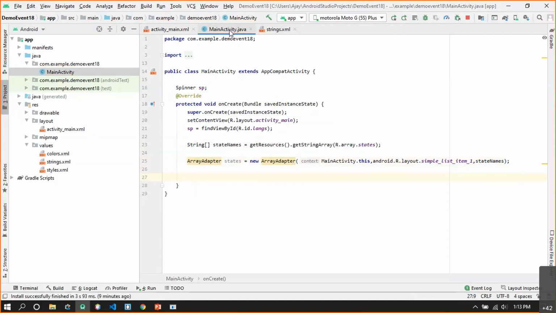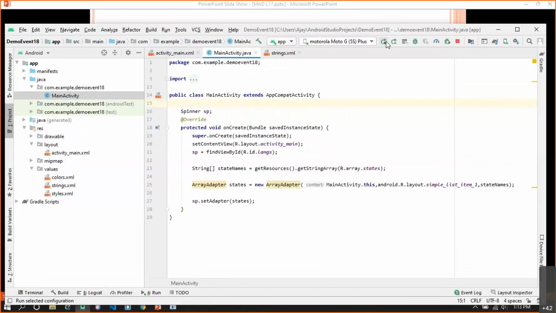Once this is given, I can set this adapter to the spinner. So sp.setAdapter, the name of the array adapter I have created is states. Now again apply the changes and run the code.